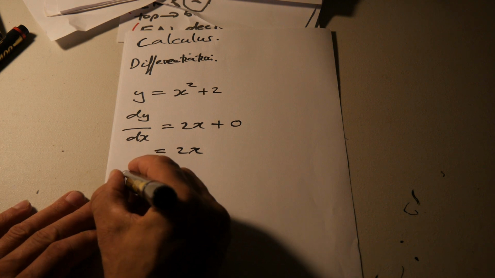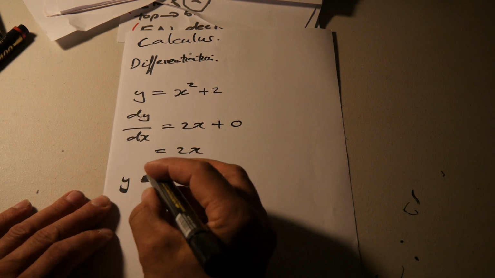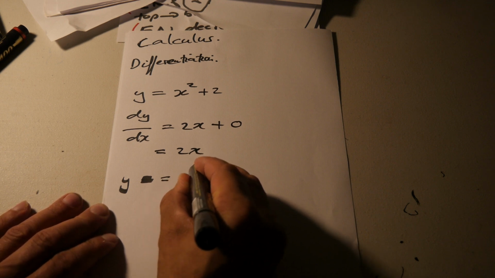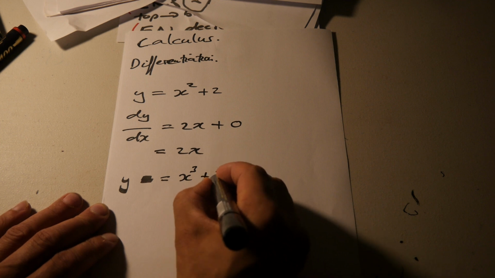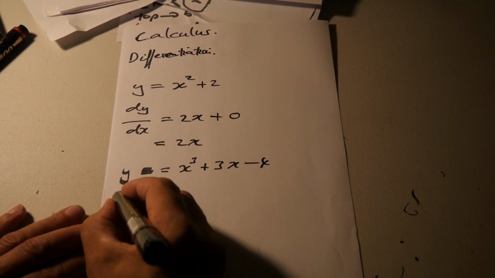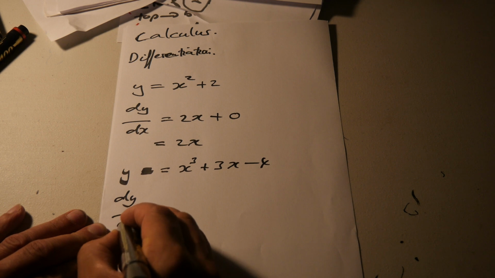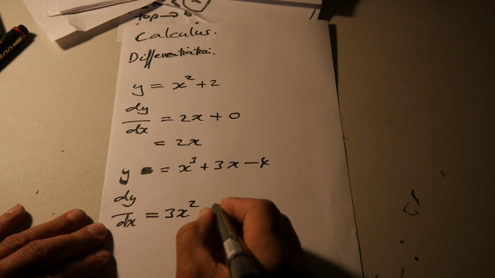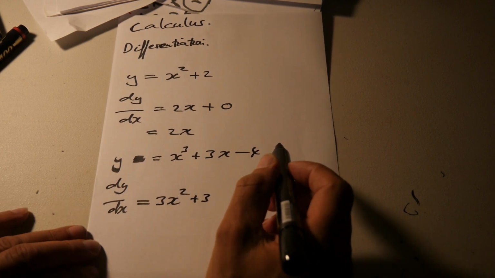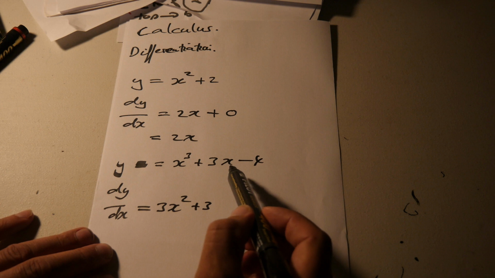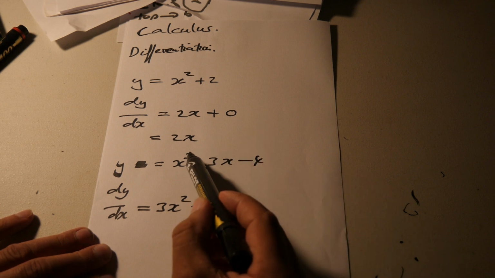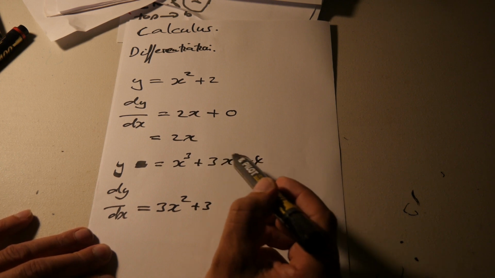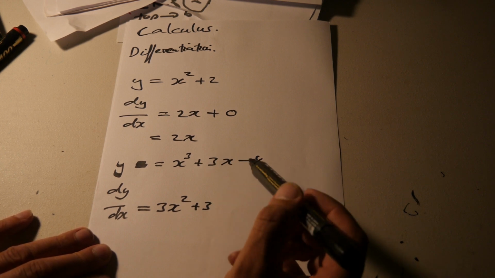Another example, y equals x cubed plus 3x minus 4. So dy by dx equals 3x squared plus 3. Okay? So the pattern you see here is 3 comes down, that loses 1. When you have a number times an x value, a constant times the variable,